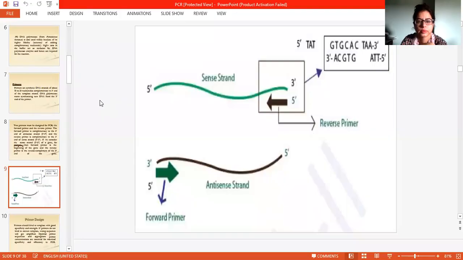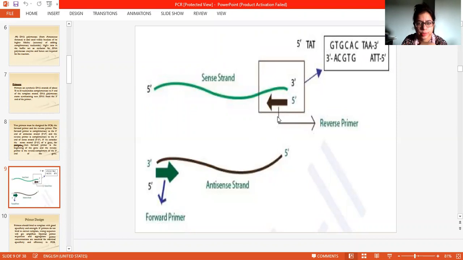You can understand this concept of forward primer and reverse primer more through this diagrammatic representation. Here you can simply see this is the antisense strand, 3' to 5', and this is the sense strand, which is 5' to 3'.